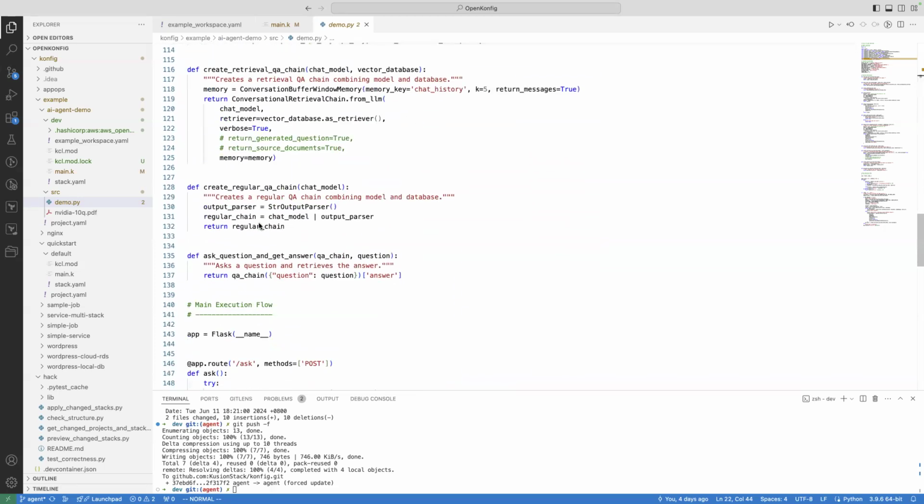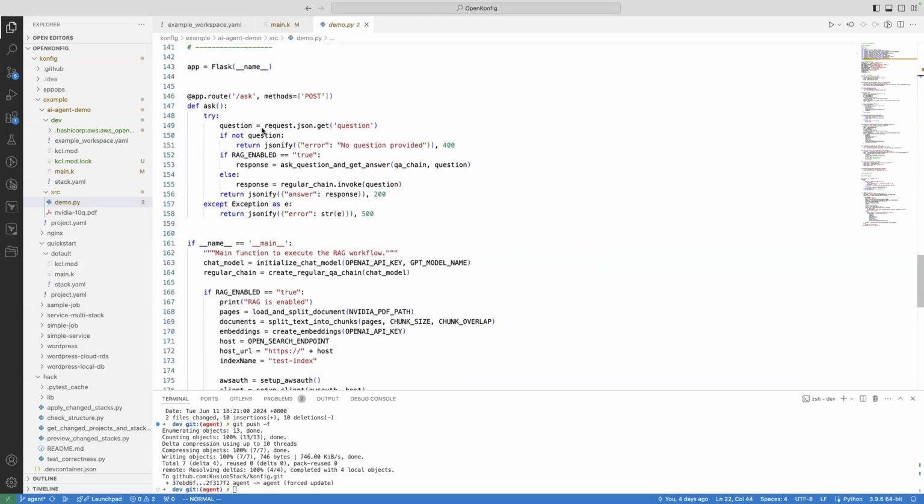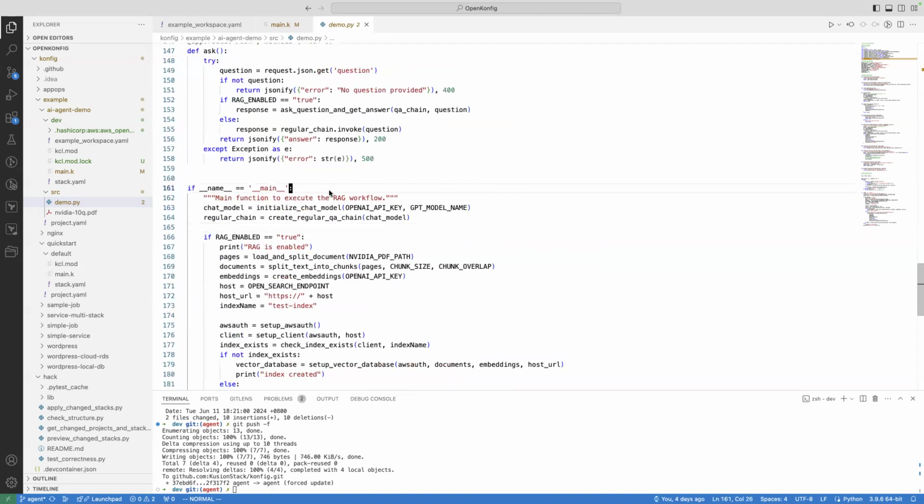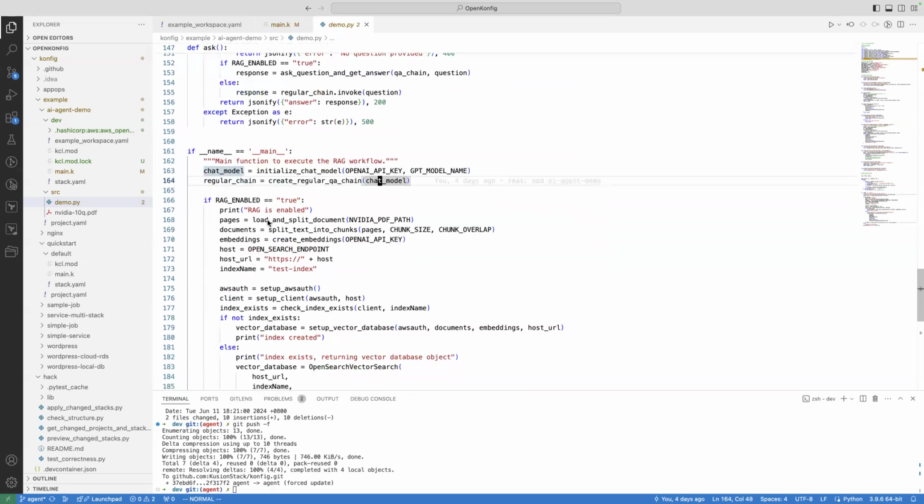We don't need to care about them. Then we go to the main function. The first step is to initialize the chat model with the OpenAI key, and the name of the model is GPT-3.5. And create a QA chain with the model. When the RAG environment variable is set as true, we will go to line